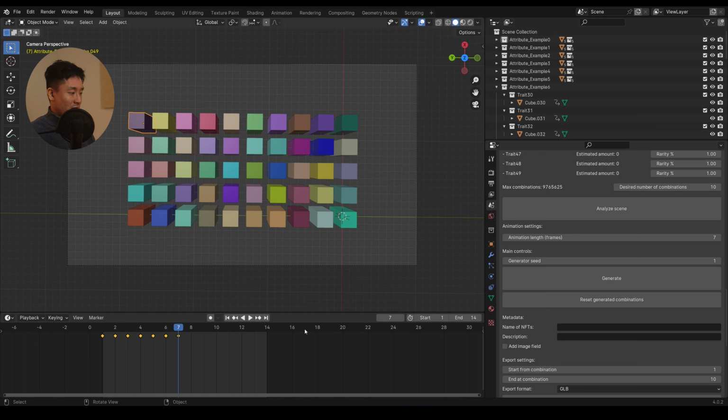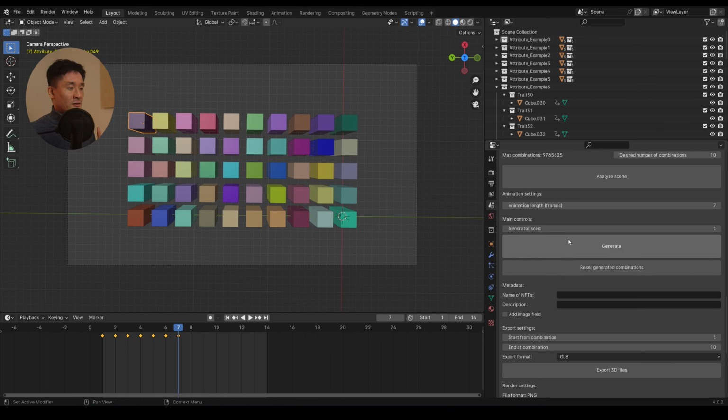And then you put that same keyframe number here in the animation length frames. So that's number 7, okay? And then it's basically all set up, all done. In terms of the generation process, you can of course set a different seed to get different combinations, but let's hit